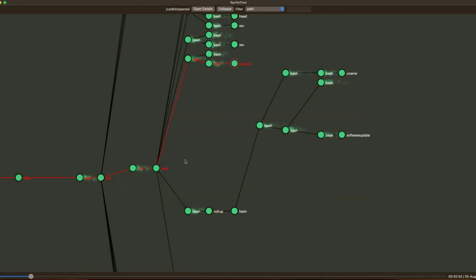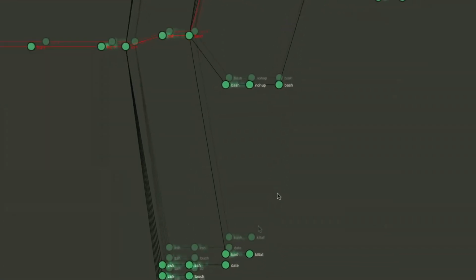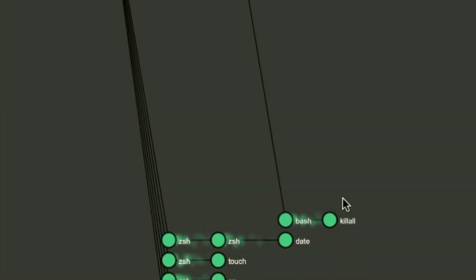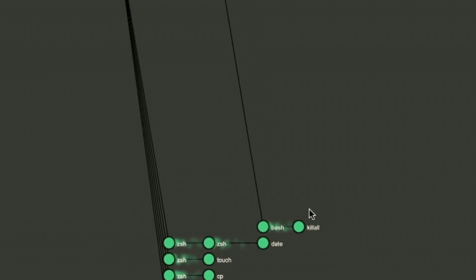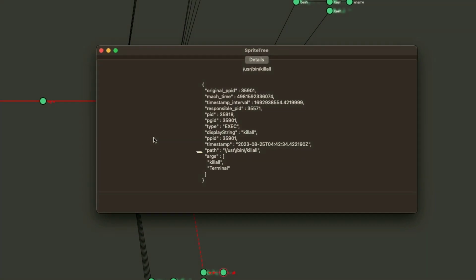So here's where the timeline actually gets pretty interesting as we drag it along. We do see some more malware commands kicking off and spawning. However, we see that one of those malware commands that runs is a killall command. Killall takes an argument of a program name that you'd like to terminate, and it will go find all programs with that name that match, and as you probably suspect, it will terminate them.